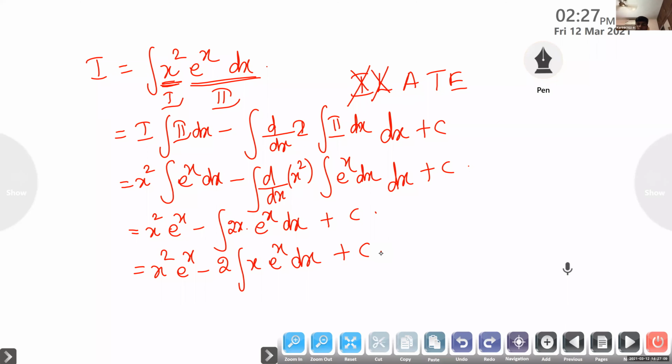Yes, Karthik. Integral of x square by 2 and e raised to x, how? Look at this. Is it again a product of two functions? Is it in that form? So once again, we have to use integration by parts. Is it clear?